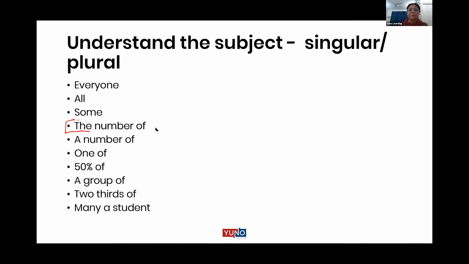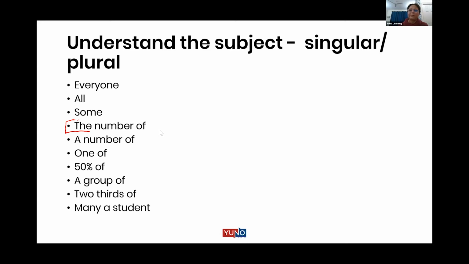The number has increased, right? We can say the number of trees in the street are uncountable. The number of trees in... That's wrong. The number of trees in the street are uncountable. No, the number cannot be counted. So the number is,